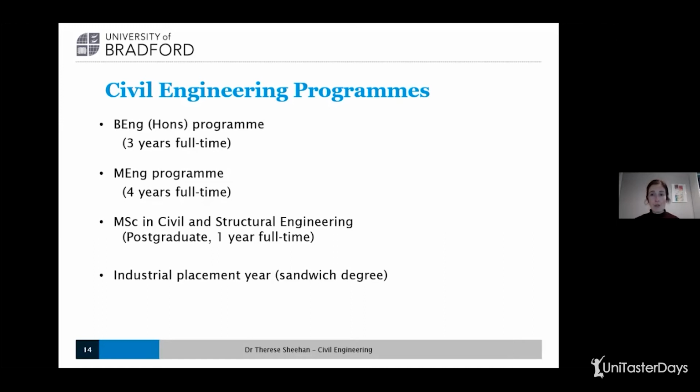It also sets students up with many opportunities for future employment as well. And it also gives you a chance to try out one of the many career options that are presented to you in civil engineering. It can be quite difficult when you start to study the subject to decide which area interests you most. So taking an industrial placement year does give you a chance to try out a particular